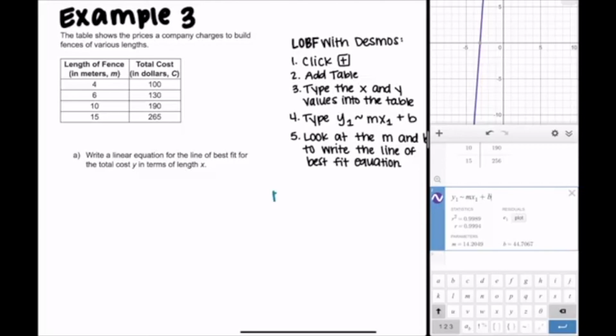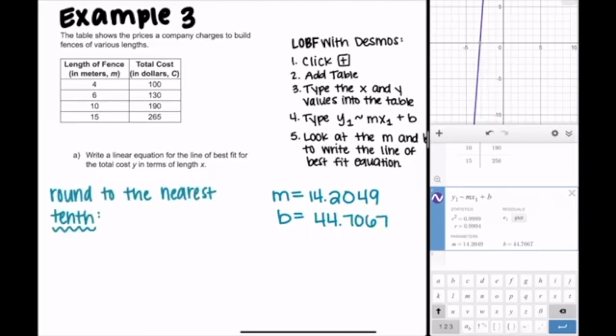So our m, I'm going to write all of this out, and we're going to talk a little bit about rounding in just a moment. So our b value is 44.7067. If I were rounding to the nearest tenth, that would be 1 decimal place. And if that were the case, then our m would be